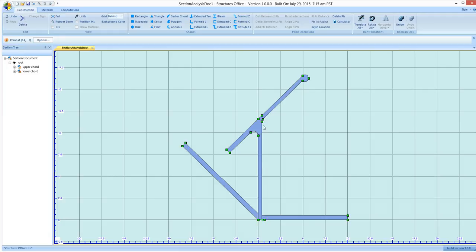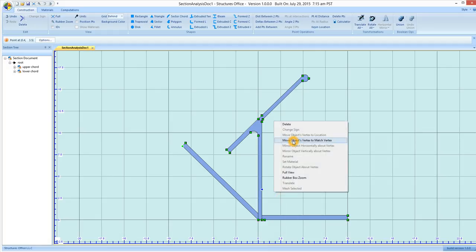So I'm going to create a point on this section, and I'm going to say point at distance, and I want to go up 3.5. The vector is defined by the first point to the second point, so it's going to be 3.5 inches up from here, and that's my point. And now let's position this flange over here, so I can click this point, and then I right click and say move object's vertex to match vertex, because